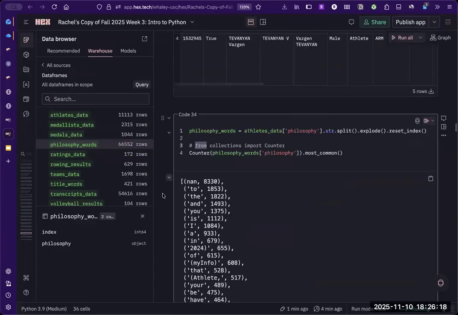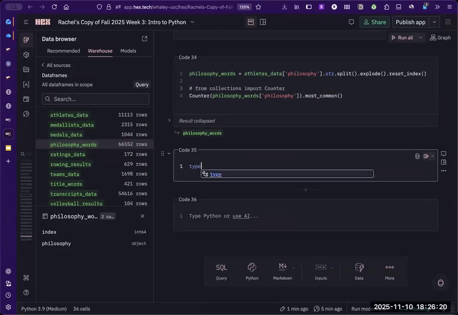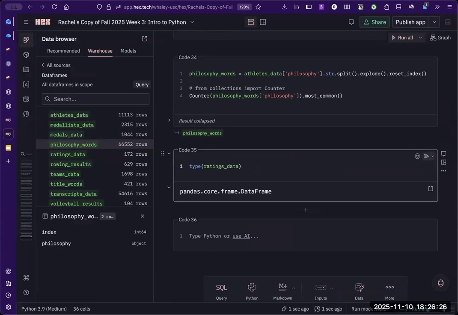I'm going to collapse our little thing here. So if I asked it, for example, what is the type of ratings data? It's going to tell me it's a data frame. All right, that makes sense. We've already been talking about data frames in this class. I could also give it other things that we've talked about. I could give it a little list. Let's say,